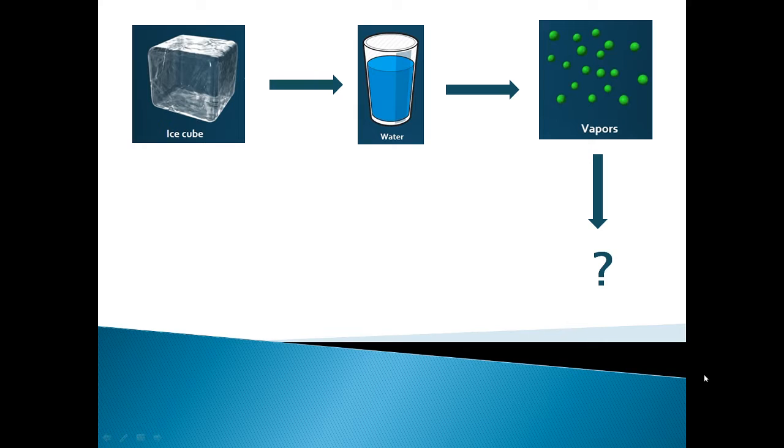Consider the ice cube. What happens if we heat it? It's simple. The ice melts and we get liquid water. Similarly, on further heating, we get the vapors. But what do you think will happen if you further heat the vapor? On strong heating, the molecules in the vapor or any other gas undergo ionization. As a result, the space gets filled with the ions and electrons held together by strong electrostatic forces. This is known as a plasma state.